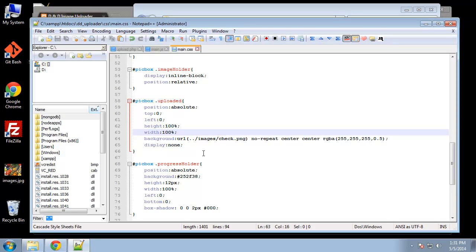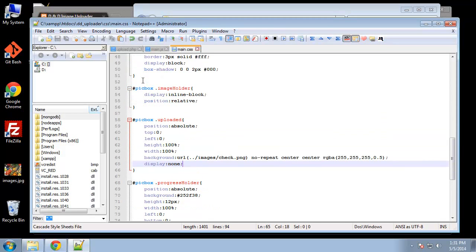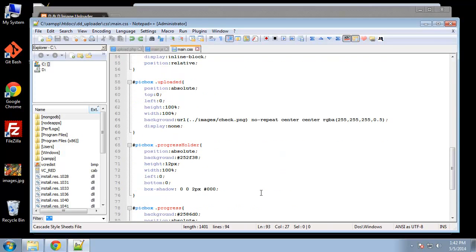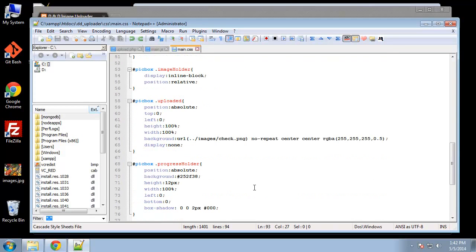So this all looks good. It's displayed as none. Alright, so the issue here is that the uploaded div, the div with the class of uploaded, has the check mark which hovers over the image, and it's set to display none, and nowhere in our CSS have we changed